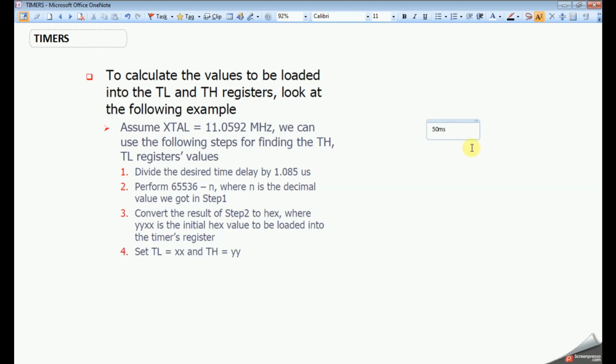So 50 millisecond delay means, what is the first step saying? First step is 50 millisecond divisible by 1.085 microseconds.